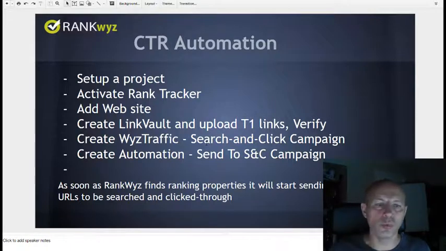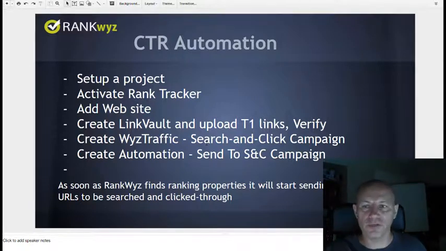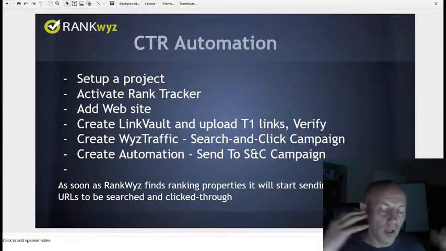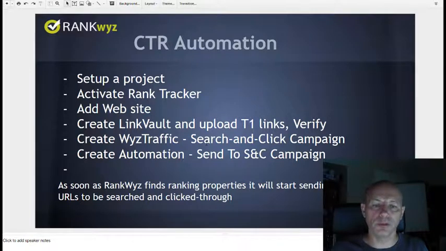No matter how great other services are, unless there's an underlying foundation for this, the ability to track multiple properties, to see multiple keywords, and have a traffic simulation and the ability to bring them together, it's impossible to implement.